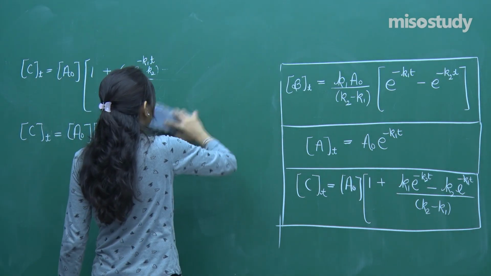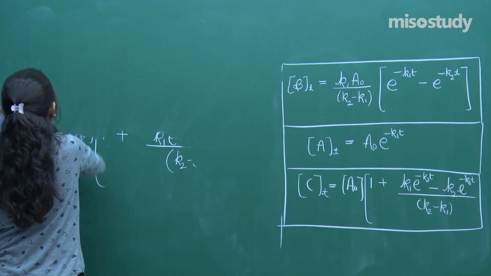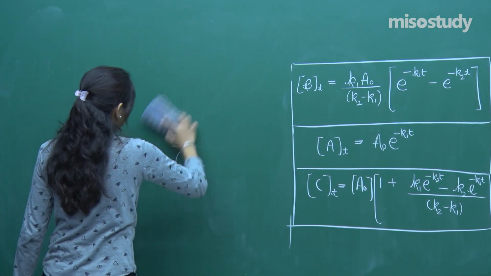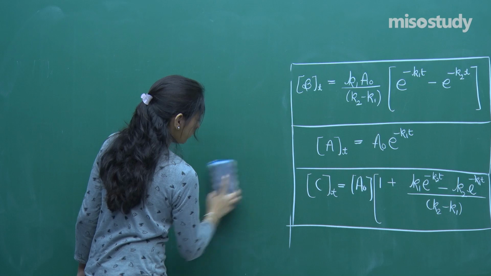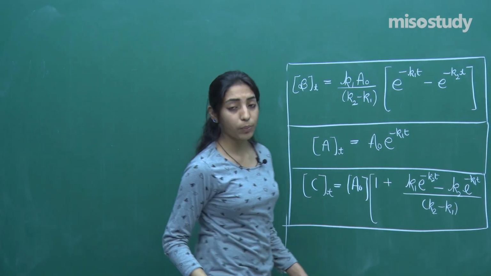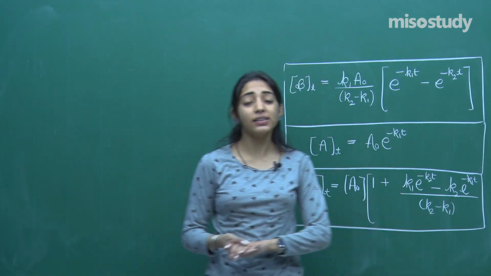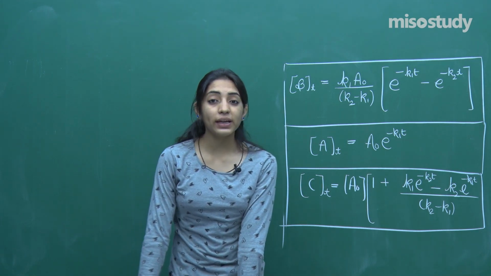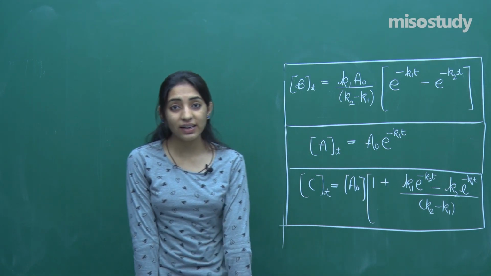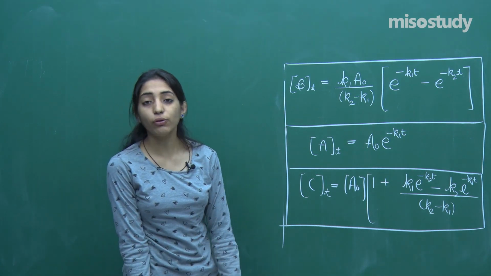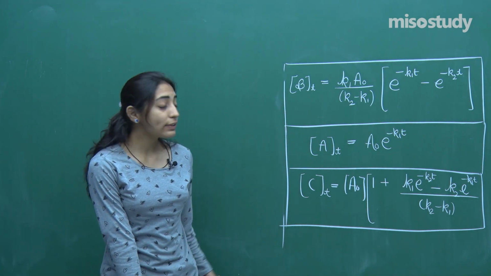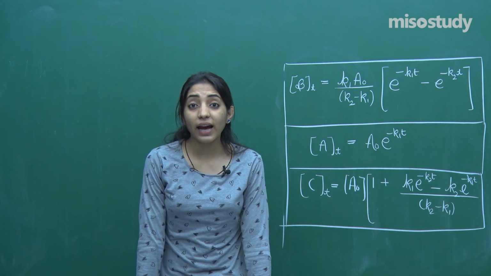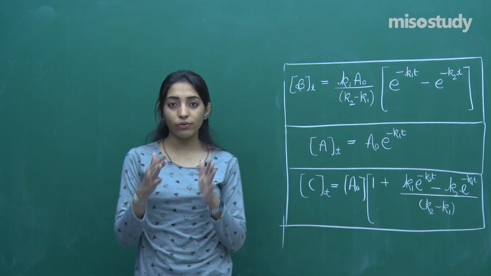of A, concentration of B and concentration of C at any time t, these are the three most important equations for this particular derivation. Okay. So we will be doing till here only for today's class, and for other class we will continue further. Now just to give you a recap of what we had started in today's session and where we ended up